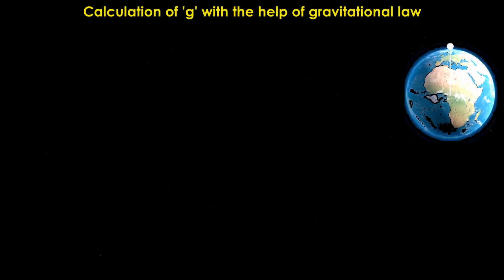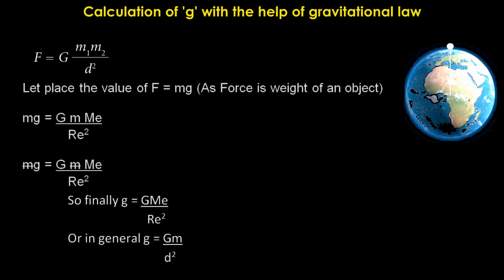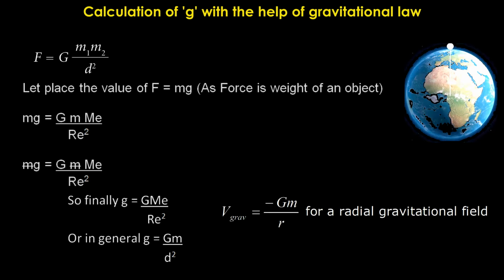Okay, let's calculate the value of g with the help of the gravitational law. You can see there is a small object placed on the surface of the Earth. According to Newton's law of gravitation, F is equal to G m1 m2 over r square. Here the force is the weight of the object, so I replace F with mg, and m1 is the mass of the object and m2 is the mass of the Earth, and the distance between them is the same as the radius square,